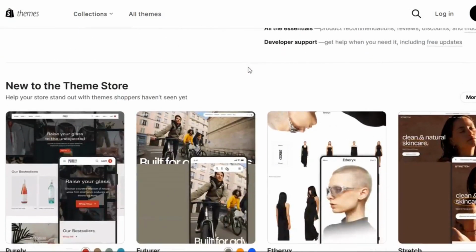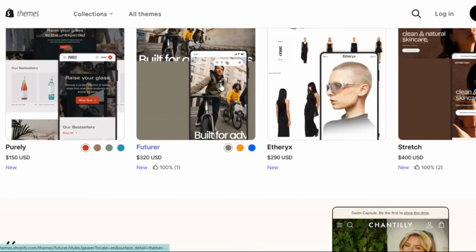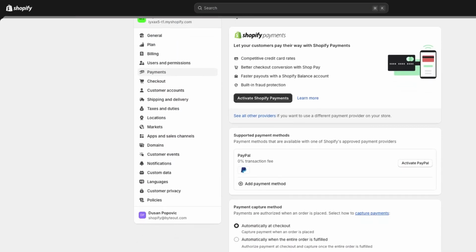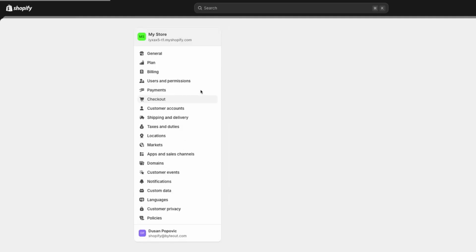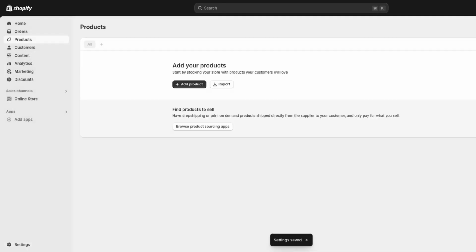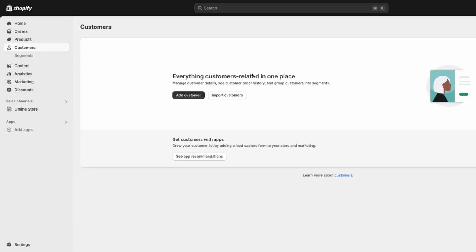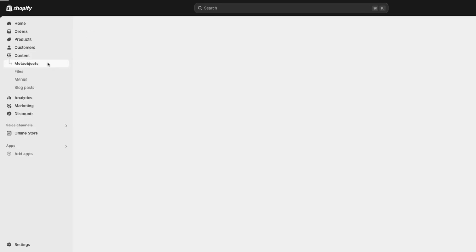You can also get a theme and then work on adapting it to your needs. You can set up payment. You can set up shipping. You can set up a connection to Amazon. You can set up a third-party logistics system if you're not using FBA or if you're switching to your own logistics. And most importantly, you can set up all your marketing tools very easily. So you can do a lot of basic things in a few weeks on your own to get you started